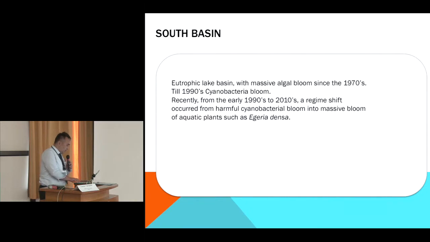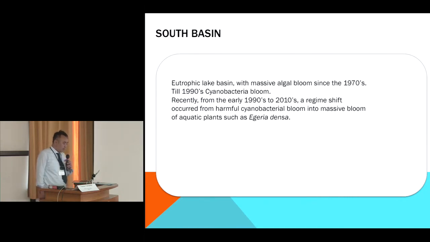It's the south basin of Lake Biwa. Those who have visited Lake Biwa know it well. It is a very, very eutrophic basin, and when I did my PhD study, it was completely covered by cyanobacterial bloom. However, due to the reduction of nutrients, especially from 2005 to 2010, and then from the regime shift,